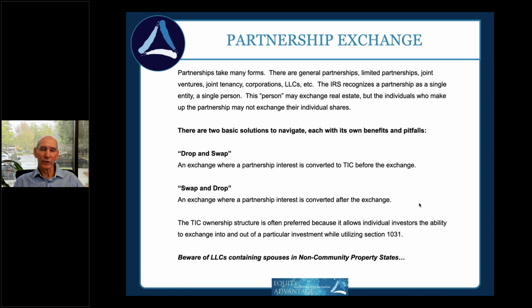And a lot of times what we'll do in that scenario is we'll do the exchange for the entity. Let's say there's 5 of us in the entity. We'll create 5 new limited liability companies, each one owns the asset that each one of us ultimately wants to own. So the exchanging LLC is the member of each of those respective LLCs. A year after acquisition, you do an assignment of membership interest from the LLC to each of the individuals that want to own each of those single assets. So that is a swap and drop.